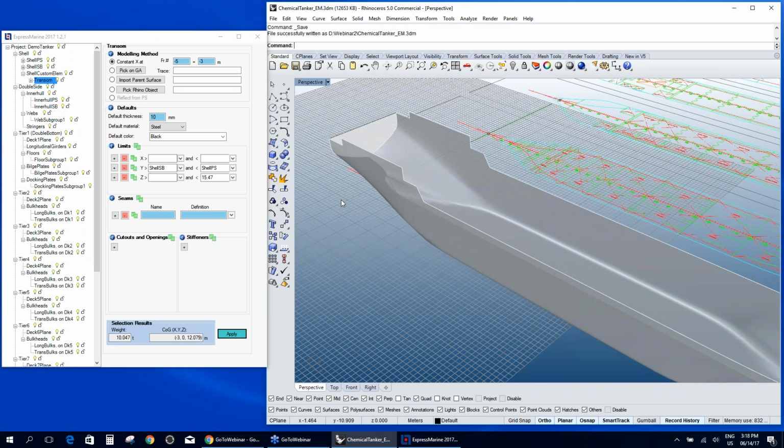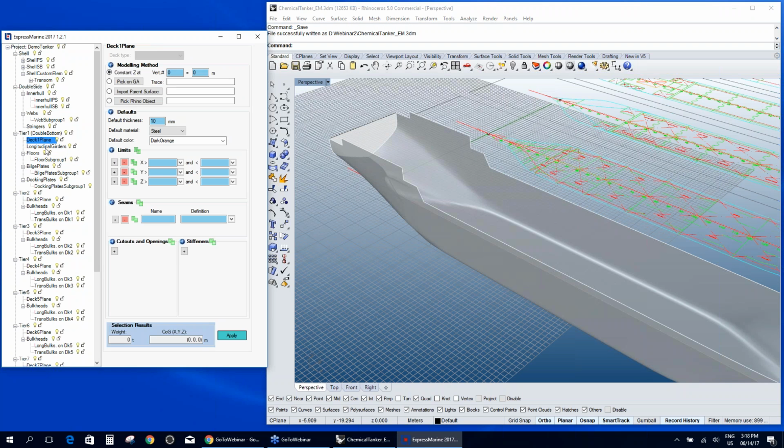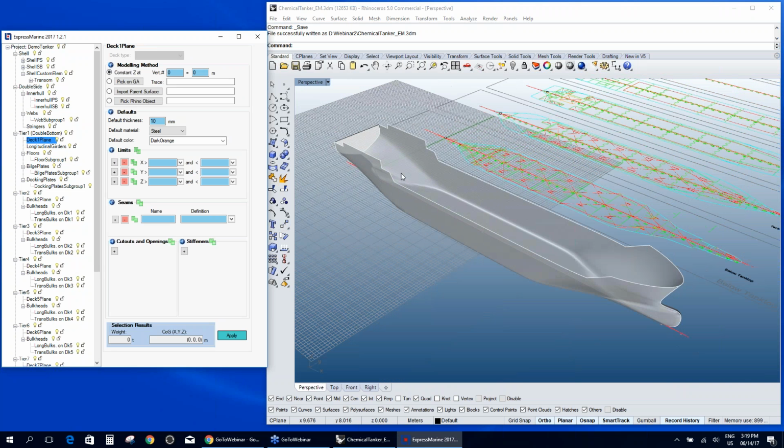Okay, so I think now we're ready to add the deck. So we go in Tier 1, Deck 1 plane. And here I can show you that there are several modeling methods available, and this will be valid for all other types of objects. And the first modeling method, we can create the object on a flat plane. Here it's at a constant Z coordinate because this is a Z object, so a horizontal object. Or you can also pick from the general arrangement drawing a curve which will be then extruded into the 3D